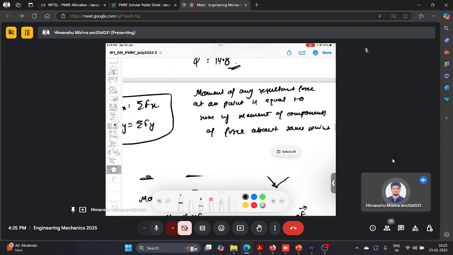So basically if you have a point and there are multiple forces which are acting here,